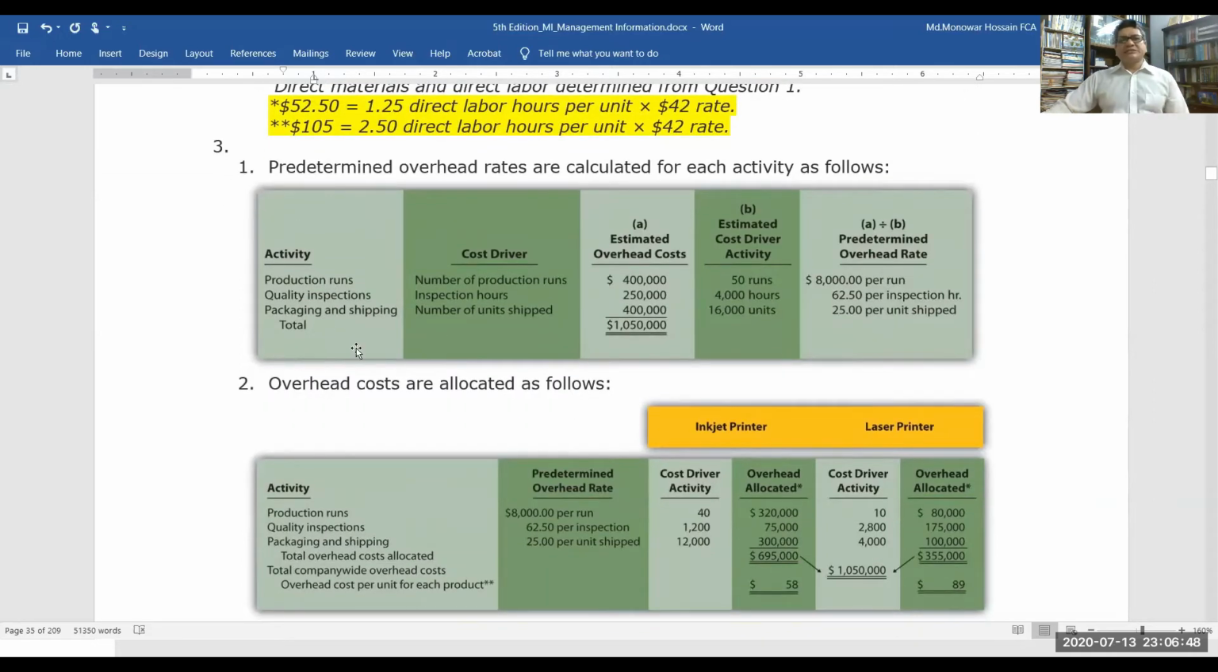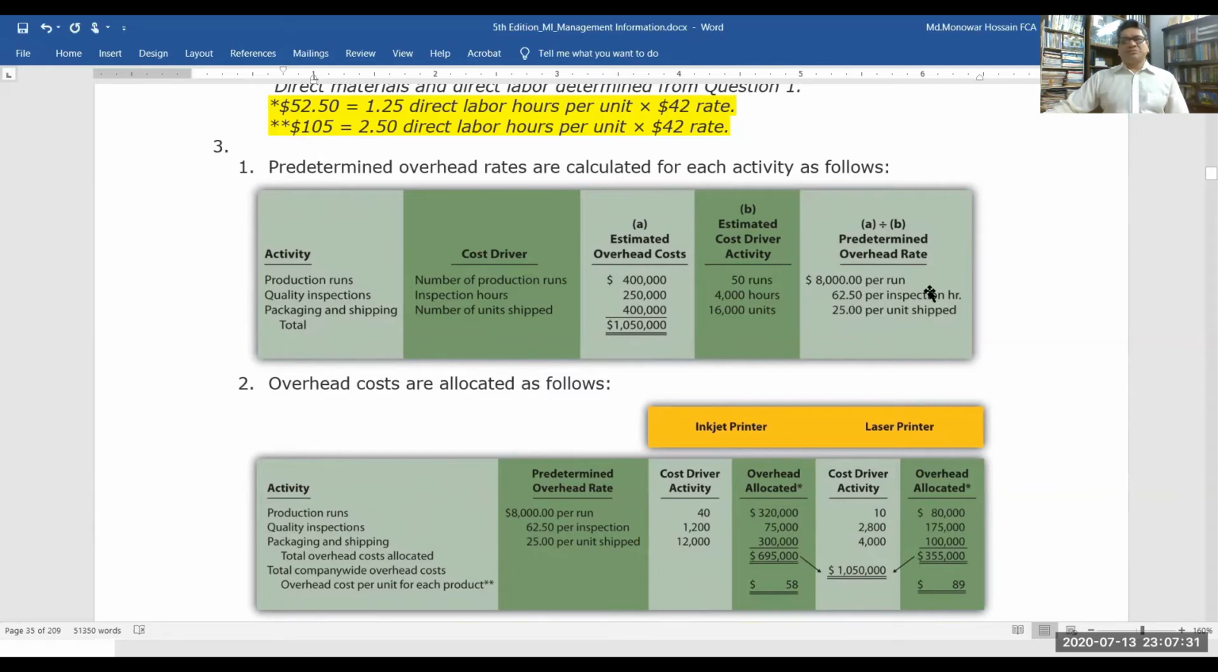As per the cost given in the question, we have the estimated total cost and the estimated cost driver activity. If we divide the estimated cost by the estimated cost driver activity, we'll get the predetermined overhead rate. So for production runs, the cost is 4 lakh divided by 50 runs, so